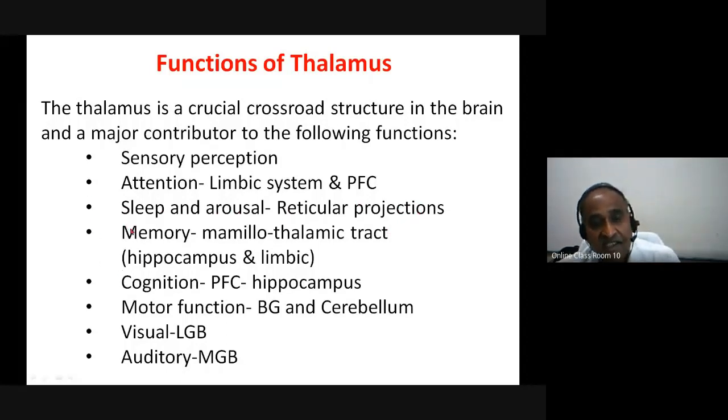And it is associated with memory forming and memory storing, or memory consolidation, through the mammillothalamic tract. That is where the hippocampus, the limbic system, and cingulate cortex are all associated. So that is memory formation. Then cognition, that is learning and trying to associate many of the functions. This cognition is the ability to learn, which involves the prefrontal cortex, the hippocampus and other somatosensory association